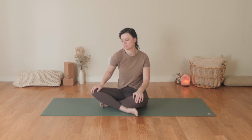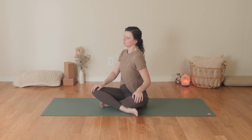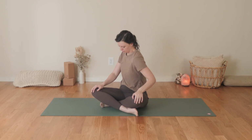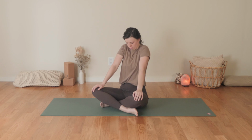And reversing directions if you like. And I invite you to either move both shoulders together or one at a time. It really is what feels best for you. The last few moments here, you have the option to continue this, or maybe you return to center so we